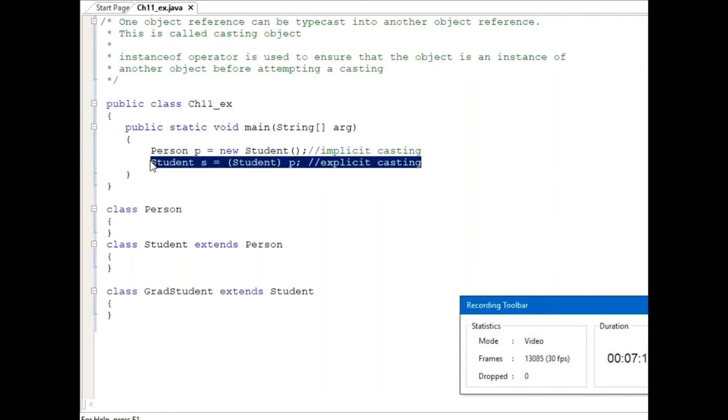Sometimes when you do explicit casting, you need to be careful because it can throw class cast exceptions. When it can throw, it's mentioned here.